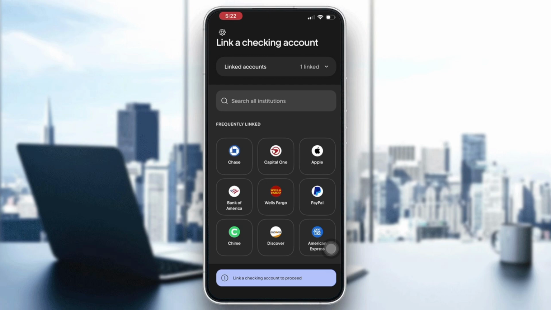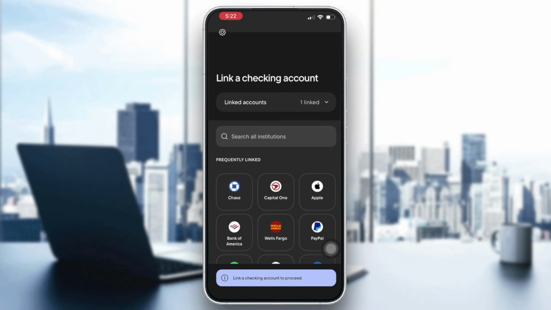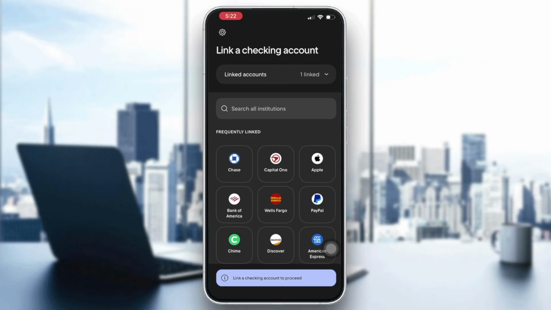So in today's video I'm going to show you how to track your spending in Rocket Money. Tracking your spending in this app helps you understand where your money goes and stay on top of your budget. To do that, you will first need to open the Rocket Money app and then just sign